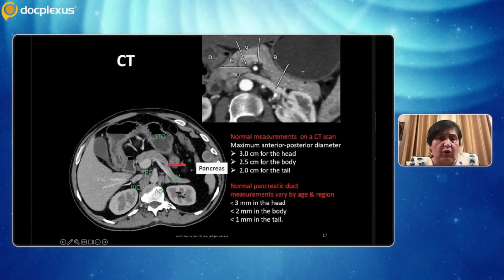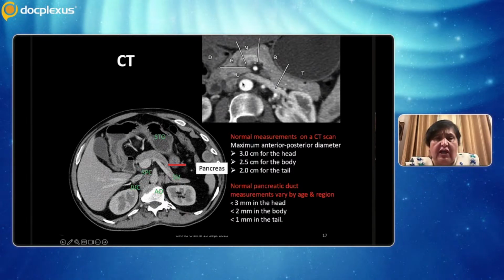On CT, these are more images to show you the splenoportal axis, the splenic vein, IVC, aorta, stomach, and that's the stomach over here. That's the duodenum which you're seeing, and the C loop will come here. In this region, you also see the CBD, and you see the pancreatic duct at times, depending on the age